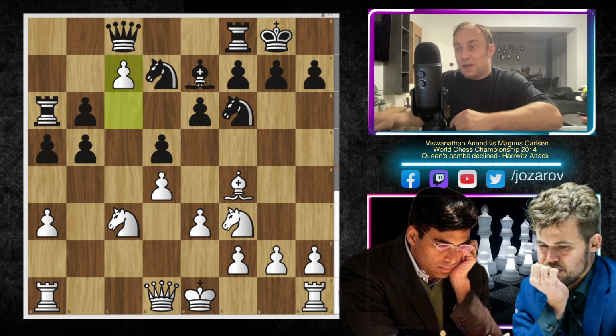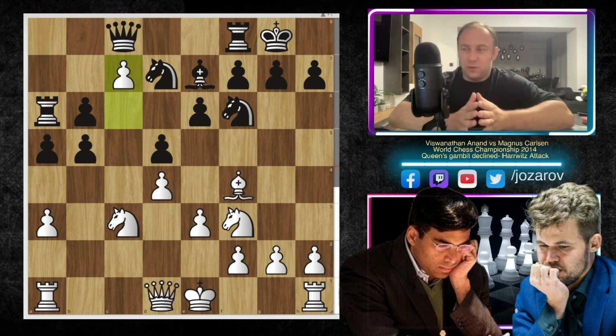So that's why c7 was played here by Vishy, and it's really now an annoying pawn. And you see now how Magnus Carlsen will have really serious problems handling this pawn on c7. It's really one of the most annoying pawns that I've seen in my life, but actually this is still main theory of the Harrwitz Attack, against this two knights defense that Magnus Carlsen plays. So this is a line that I really want you to memorize.